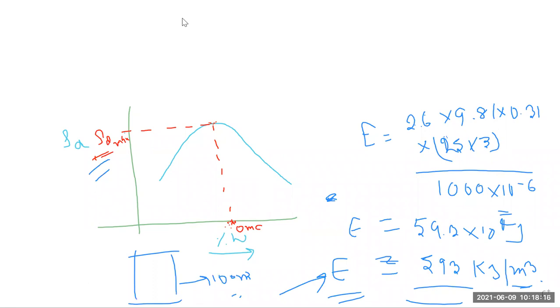Why do we do compaction? The purpose of compaction is to achieve maximum dry density, to achieve stability, to achieve maximum denseness. So if a 100 meter cube sample is used,